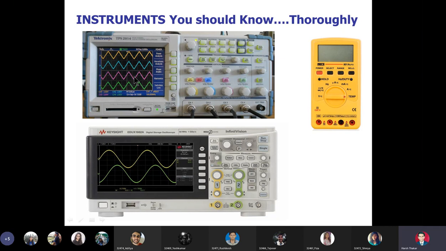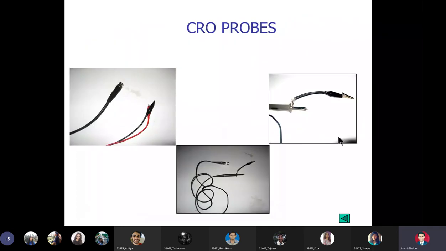So if you know how to use a Tektronix oscilloscope, you just have to learn how the same things are performed using Keysight. Now another important thing which you may have to learn is a special kind of DSO probe which is necessary to be used in power electronics kits. This is technically called an attenuation probe. You know that attenuation means reduction. Specifically, attenuation refers to reduction in amplitude. So reduction in amplitude is called attenuation.